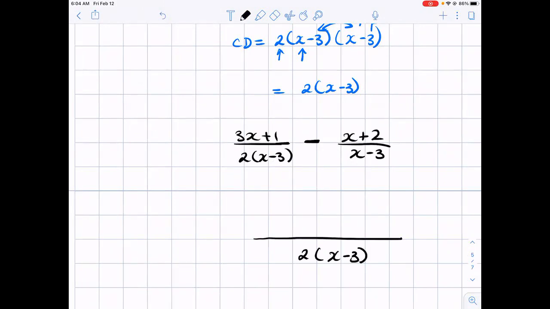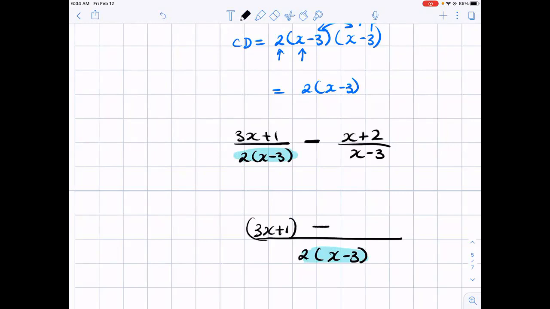Okay. Now, we do a comparison. Notice that this is the same as this. So we don't have to multiply the top by anything, or we can say we're multiplying it by 1. Okay. Minus,